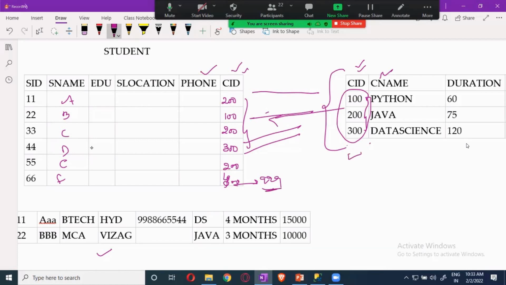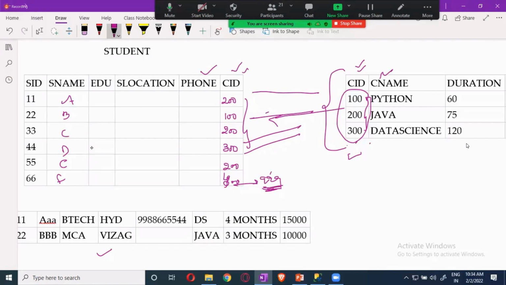There may be accounts department people. They may not come under any of these courses. The employees who maintain it will not come under any of these courses. So what will we give? We will give some unique value for them, 999, which says that they are not students. They may be employees or something like that. That 999 is there over here, but it is not part of the course table.